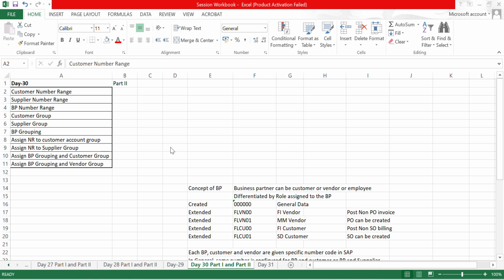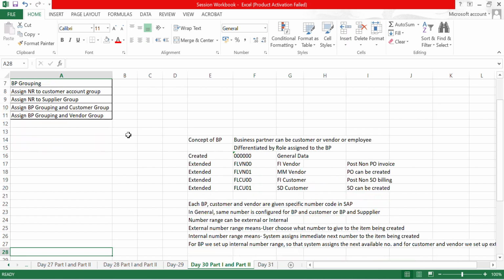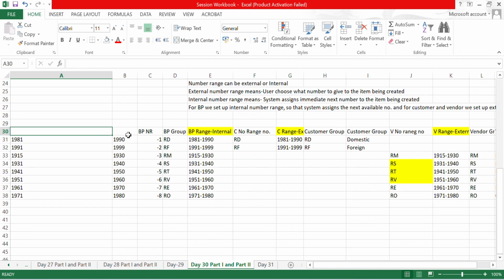Good morning, everyone. Let us start with day 30, part 2 of our regular SAP FICO session. In this session, we will configure the business partner that we discussed in part 1. For configuring the business partner, we have these 10 steps and our KDS that we discussed in our last session in hand,